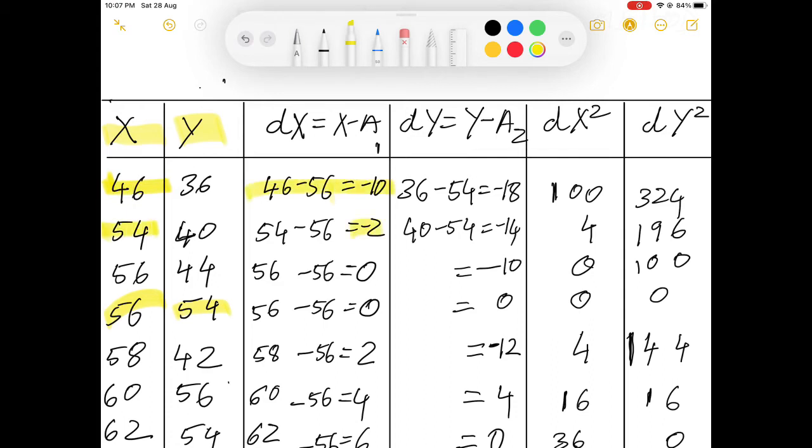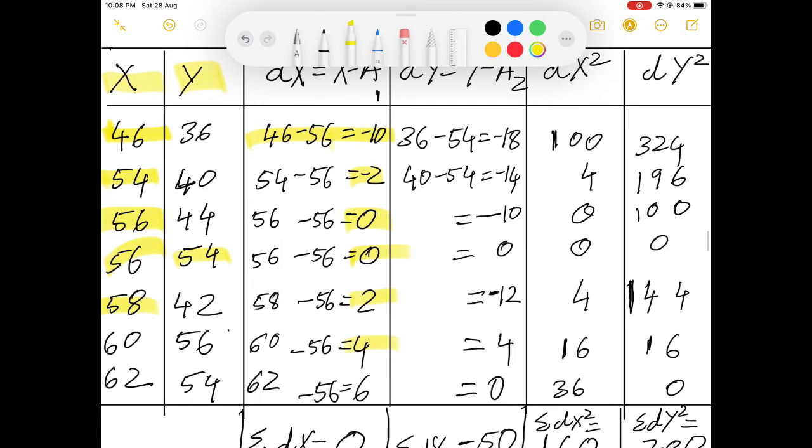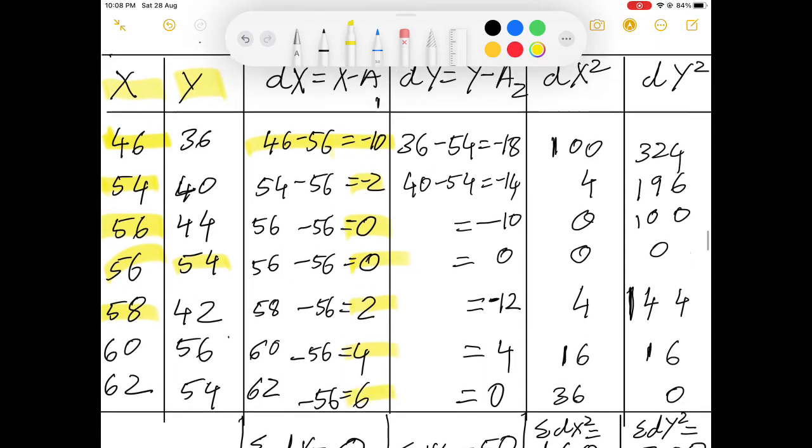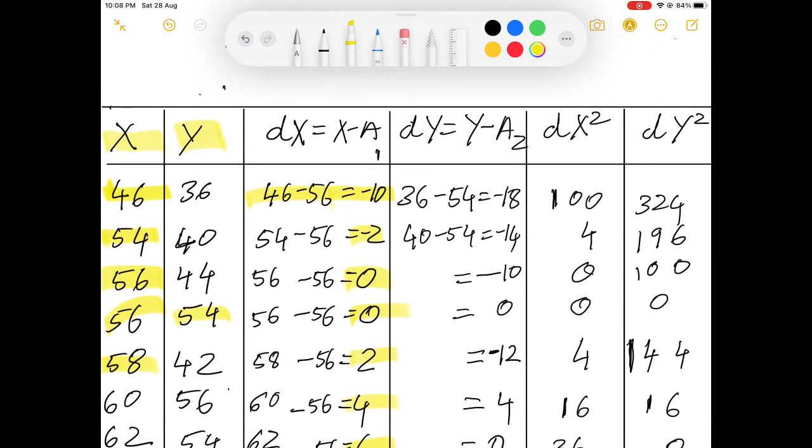So the first one gives me 46 minus 56 equal to minus 10, then 54 minus 56 is minus 2, 56 minus 56 is 0, 58 minus 56 is 2, 60 minus 56 is 4, and 62 minus 56 is 6. For y, when I calculate the deviation values, I get 36 minus 54 is equal to minus 18, 40 minus 54 is equal to minus 14, 54 minus 54 is equal to minus 10, 54 minus 54 equal to 0,